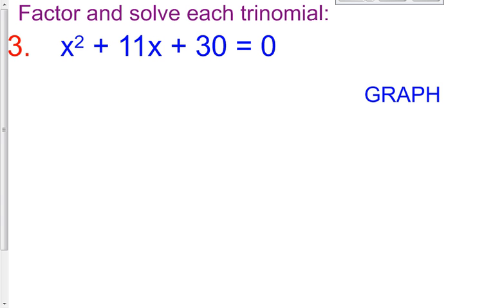We're on the last video lesson for the first section of chapter 6. This is problems 3 through 8 on our notes for today. And what this video lesson is about is factoring these different trinomials, these quadratic equations, and by factoring them you